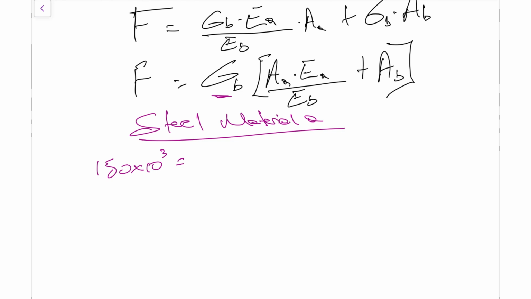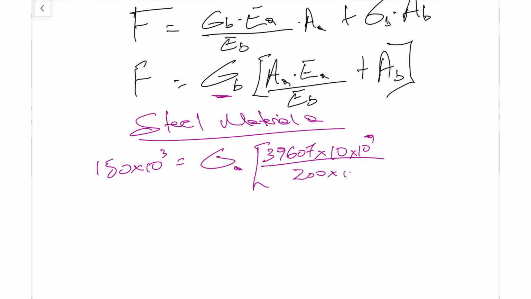We are trying to find our stress, so that's going to be the unknown in this one, and all divided by the area we got previously, which was 397.607, multiplied by the modulus of elasticity, which was 10 times 10 to the power of 9, and that will be divided by the next modulus of elasticity, 200 times 10 to the power 9, and plus area B, which was